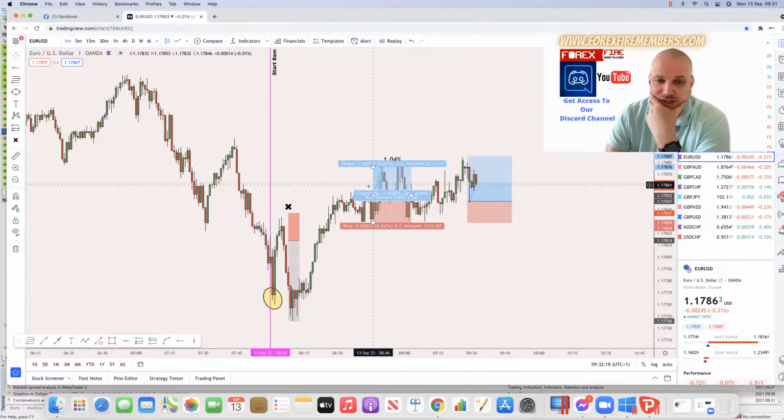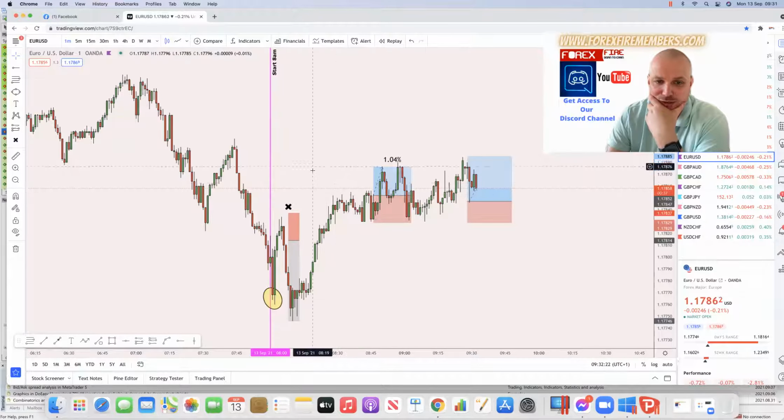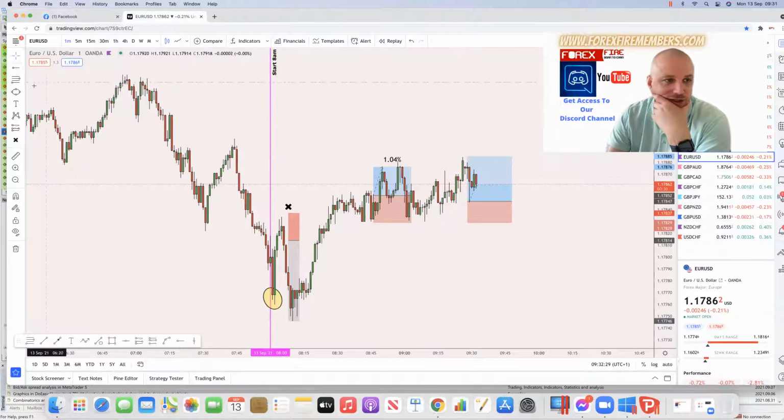From there, we've got the break of structure on the top side. We've come back down to play. See where the crosshair goes to the right. Come back into play here. Got a 1% here. Okay. You'll see on here at the moment,